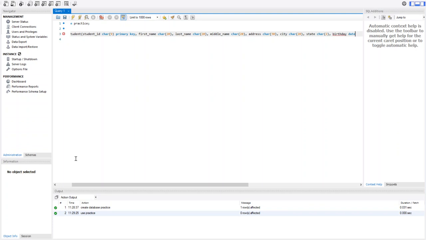And then we're going to have birthday, if I can spell it correctly, birthday. And then we're going to have this be a date. And we don't have to have anything in parentheses because the date format is fixed, and so we don't need to tell it how many characters long it is. It is a fixed format. And don't forget to close the parentheses that we opened up when we started our column names,